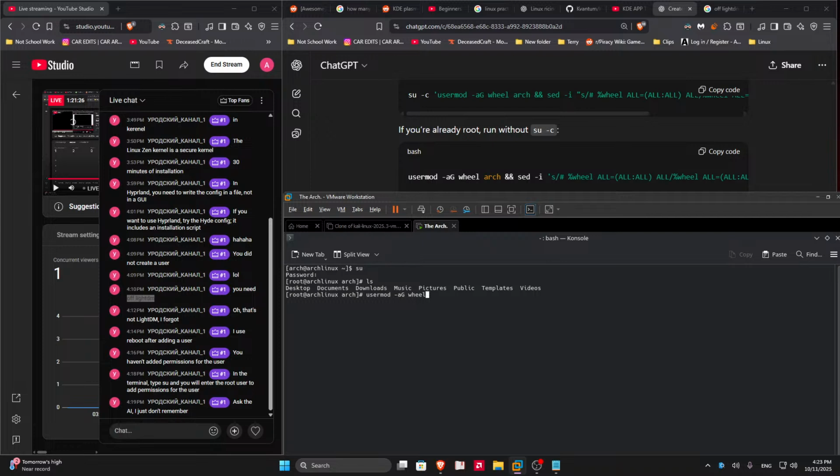Whoa. Wheel arch and enter. Why is that lagging so much? sed -i '# %wheel ALL=(ALL)'